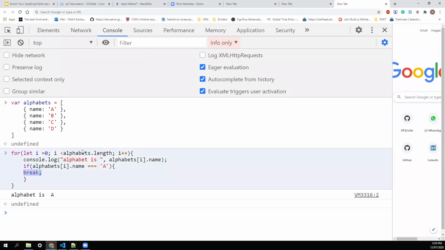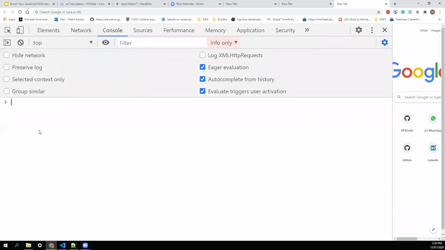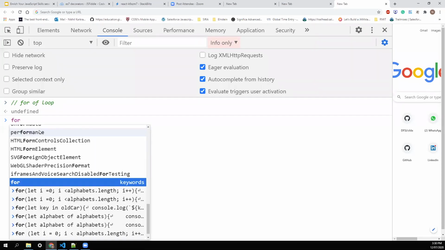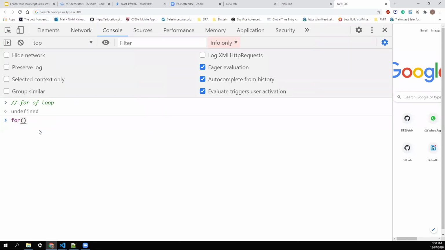Then we saw, okay, that forEach is a bit clearer and more concise, with better syntax. Then ES6 came up with an even easier way, and they said, why not use a for of loop, that has very small and very clear syntax. So what it says is, use the for keyword, take the current item. I'll say the current item as alphabet, of the array on which you want to apply the loop.